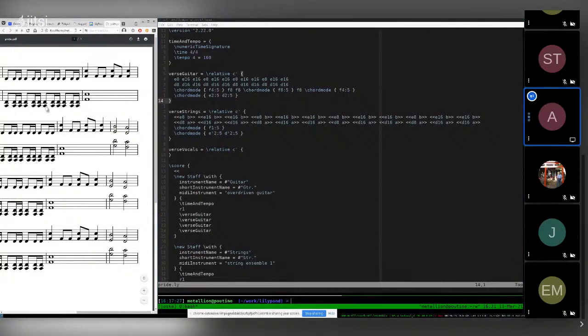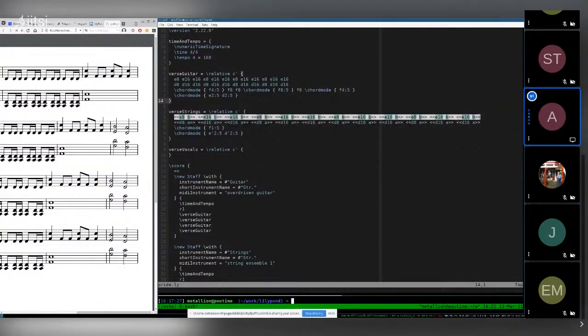Yeah, basically the same way as here, two notes together, but written in a much nicer way. And what I have not figured out yet is a nice way to write something like this, because I don't want to write the word chord mode every time for as many notes as this in one measure. There's probably a way to do that. I just haven't found it yet.